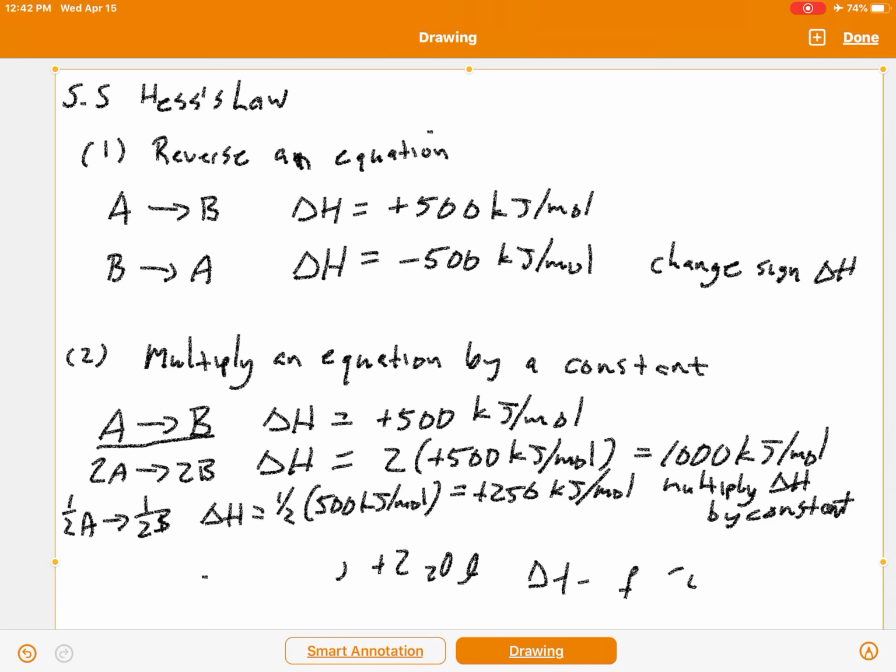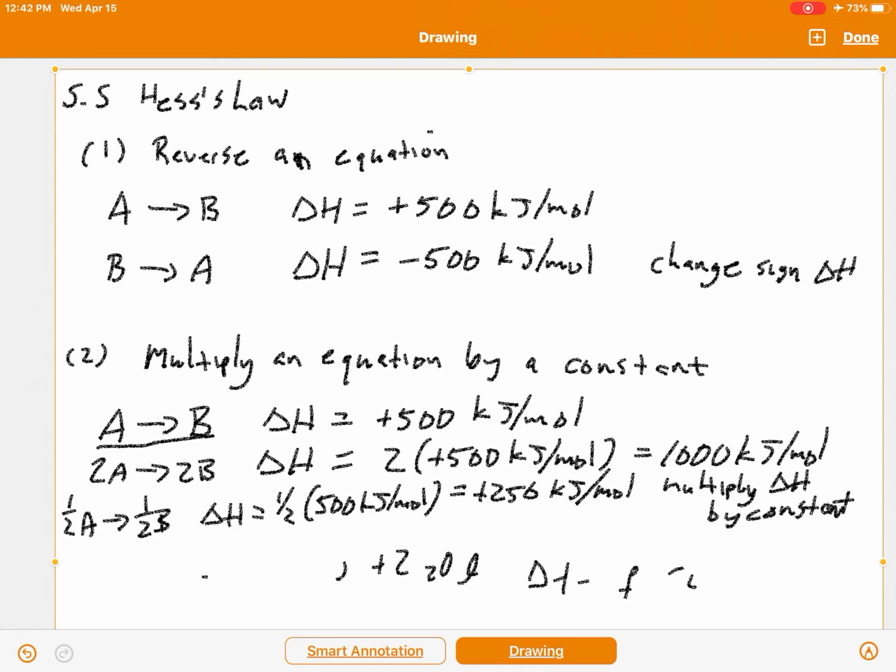Okay, simple as that. If you reverse an equation, you change the sign of delta H. Okay. If you multiply the equation by a number, you multiply the delta H by that number. And if you add equations, you add the delta H's. So those are the three sort of rules, if you want to think of them as that, for how we